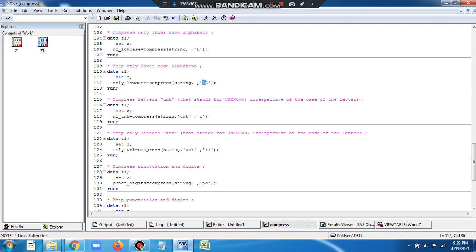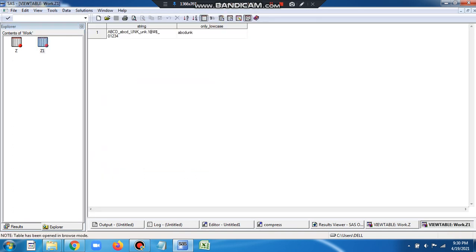When we use K, it keeps only lowercase alphabets. So let's run it and see. The rest are the same. The third argument is KL. And we can see that we have only lowercase alphabets extracted from the string, that is a, b, c, d and u, n, k is what we have here.